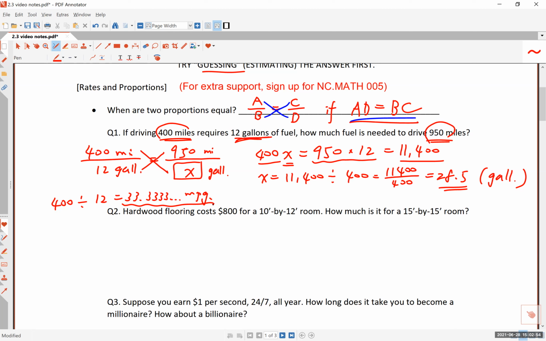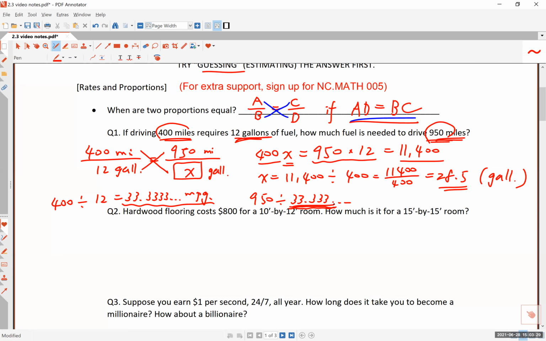So if you know that 1 gallon would allow you to drive 33 1/3 miles, then how much gas do you need for 950 miles? All you have to do is really just divide 950 by 33.333. Now, a word of warning here, you do not want to round off these numbers very early. Okay, in fact, I would try to write as many threes as possible,